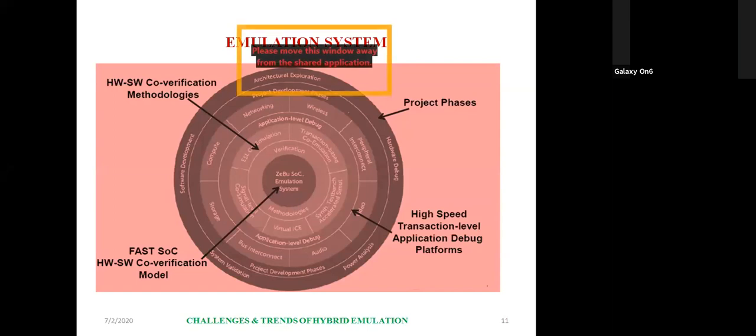So here the architecture exploration provides inaccurate cycle. Then we have to make the cycle accurate. We have to fix the timing constraints and make the architecture valid for your SoC. When you go for the early software driven, you have to make use of your virtual prototyping, your SystemC, transactional modeling,